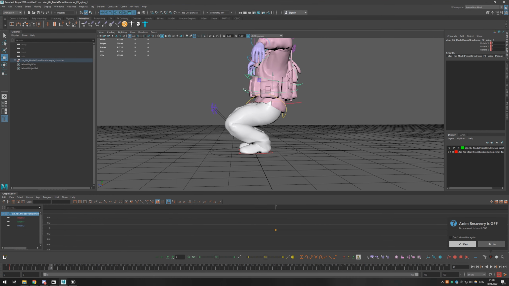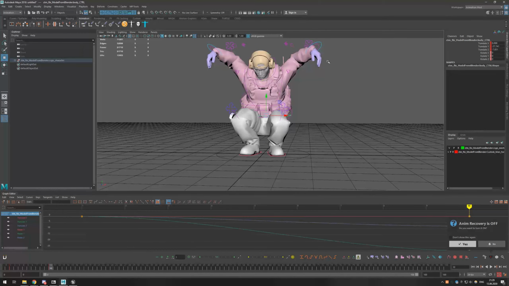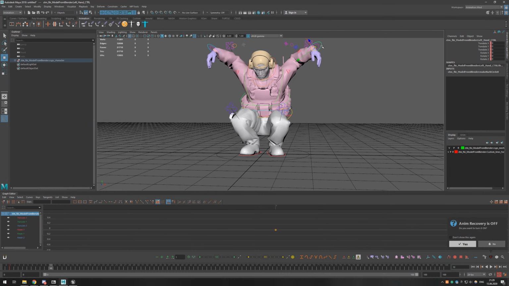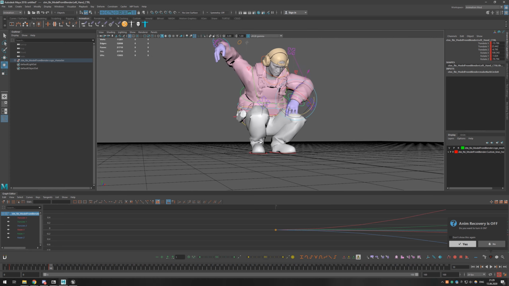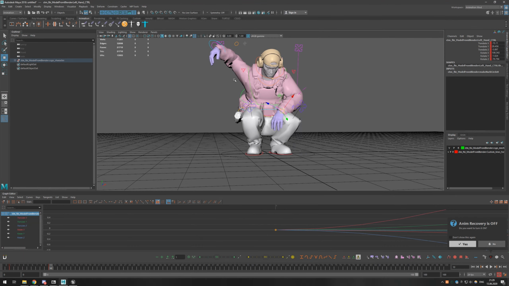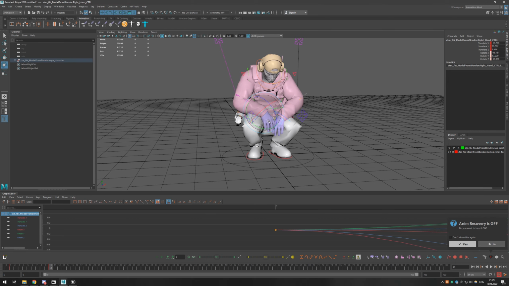I'm Russian. I do not squat on the toes. Like this, and hands like this. Yeah, place the hands like that.